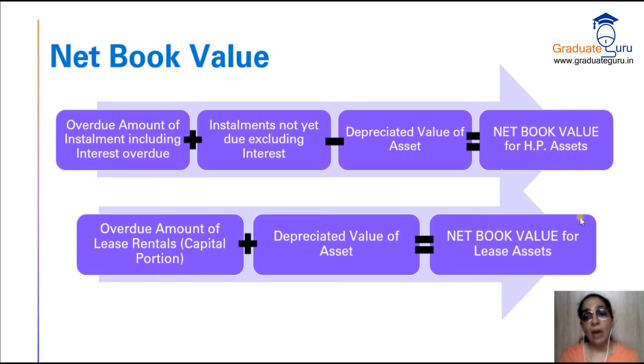Okay, now coming to lease assets. लीज असेट्स में हम क्या करेंगे? We will take the overdue amount of lease rental. अब यहाँ पर क्या मिलता है हमें? We get rent. Okay, so यहाँ पर we will take overdue amount of lease rentals, but only the capital portion. Again, this will not include our interest. Okay, so capital portion of the overdue amount of lease rentals plus यहाँ पर हम add करेंगे the depreciated value